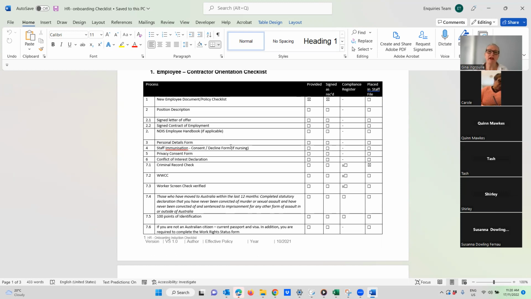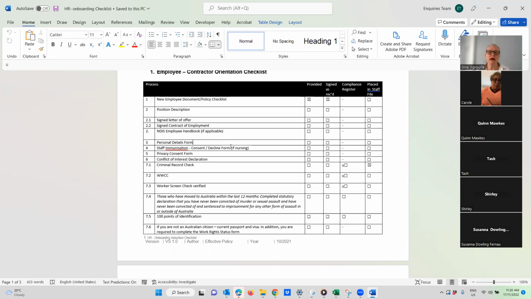And now we've got our COVID, we need to have proof of people's COVID. This does not take account for the fact that you still need a monitoring process for that. We won't go into that. That's more a governance thing. So we'll just talk about what we need to see collected by you guys for your staff.